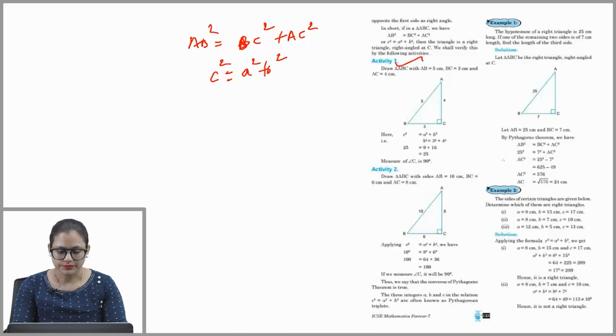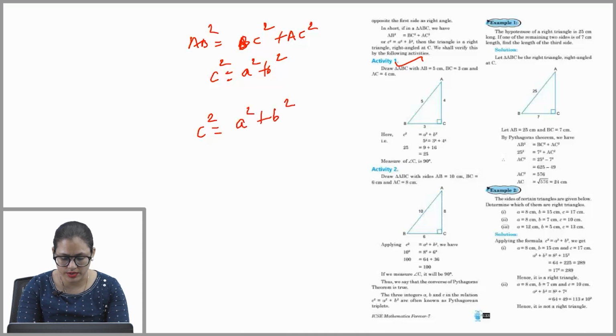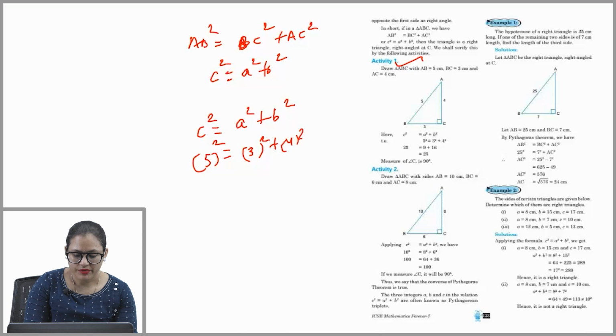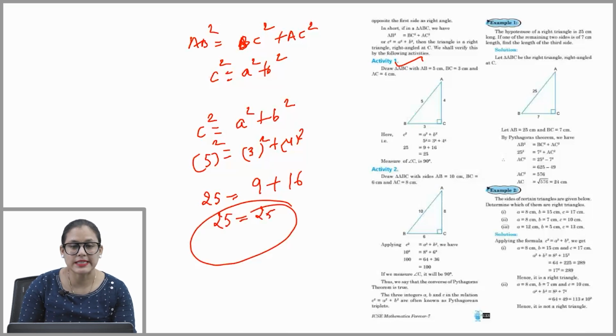Activity 1. Draw triangle ABC with AB is equal to 5 cm, BC is equal to 3 cm, and AC is equal to 4 cm. So here c square is equal to a square plus b square. We will take this formula. c is 5 square, a is 3 square plus 4 square. 5 square is 25, 3 square is 9, 4 square is 16. 25 is equal to 25. So the measure of angle C is